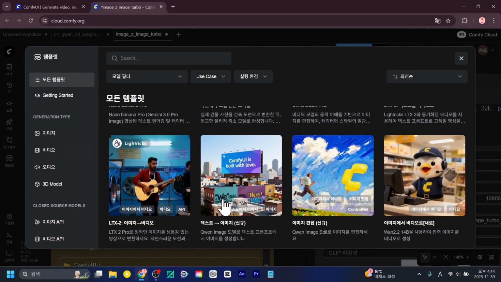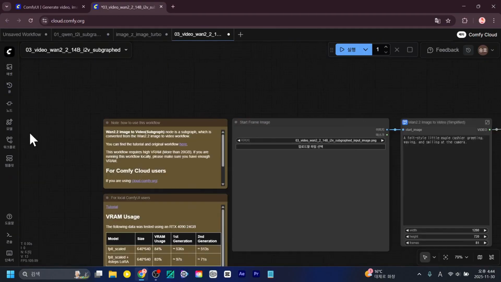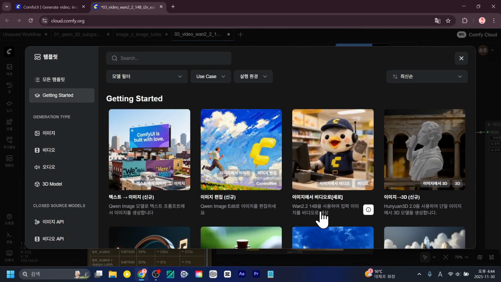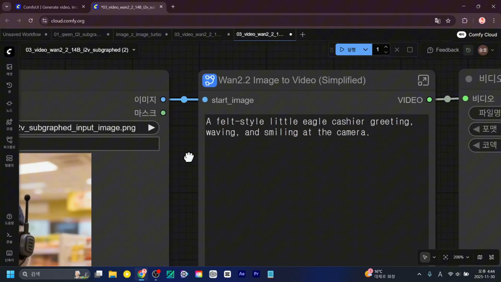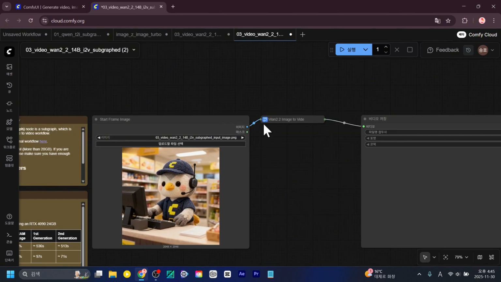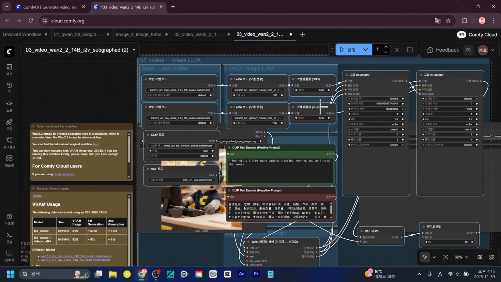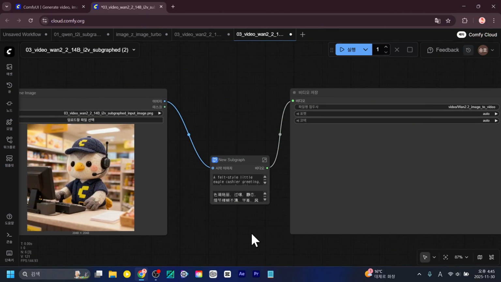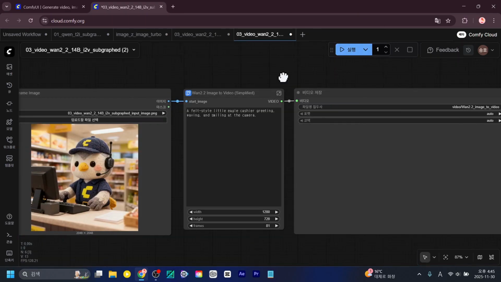If you have a ComfyUI subscription, then the question is, can you also create videos? So at the top of the template under Getting Started, there's an image to video option, and we're going to try using the WAN 2.2 14B model. The prompt is already filled in. When you load the node, if you look inside, it's obviously structured in a more complex way. As you can see, the structure is quite complex like this. Since it's hard to view, I think we should collapse the lines again. I'll press Ctrl-Z to restore it to the original state and then try running it.